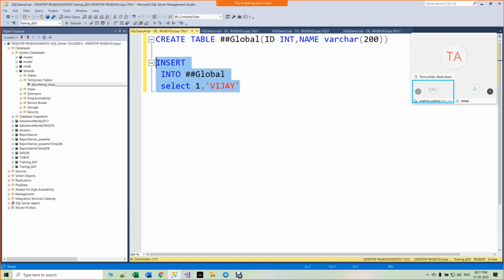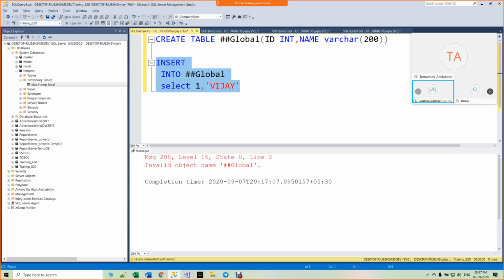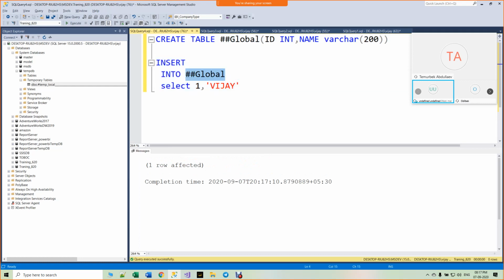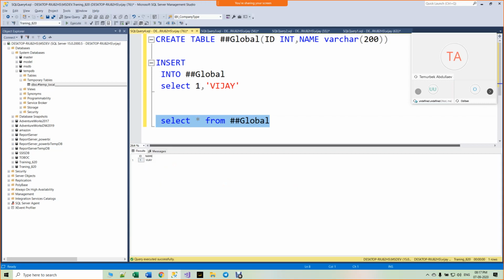If you see here, I just inserted a record here. Okay, let me execute this first. Inserted, yes, inserted. Now query this table: select star from Vijay.